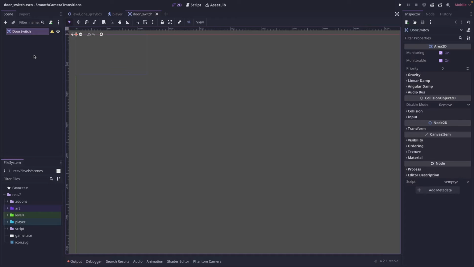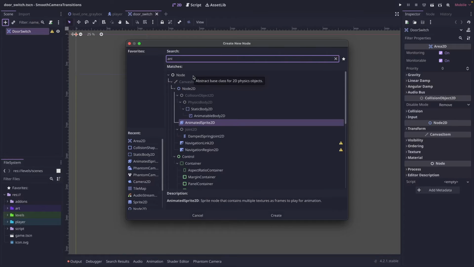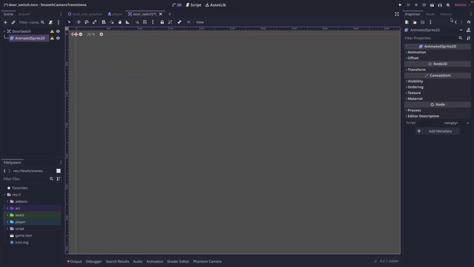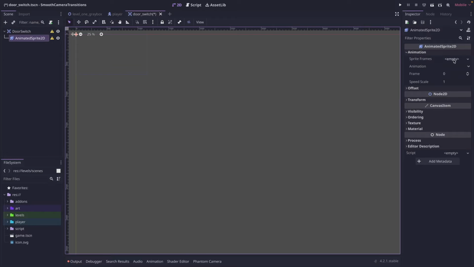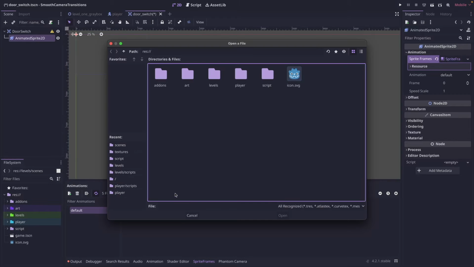First, let's add an AnimatedSprite2D to our Area2D. And then we're going to go over to animation, select new animation, new SpriteFrames, and then click on it, and we'll get our animation window down here. We're going to open up the sprite sheet,